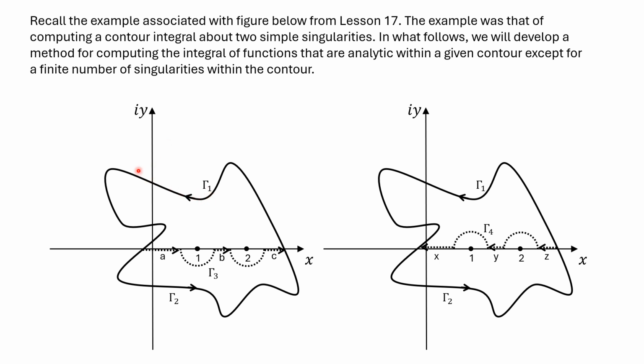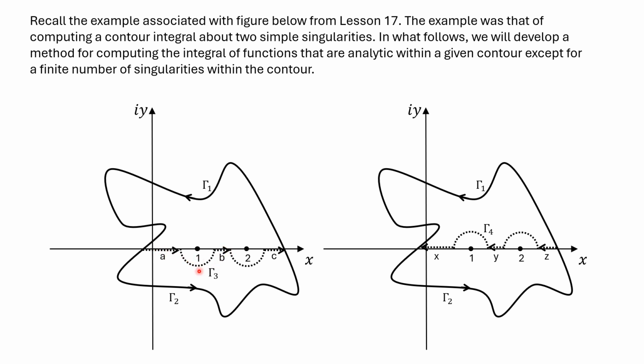We had a contour gamma going about two singularities for a given function, which was otherwise analytic within the contour. And we broke the contour up into one part above the x-axis and one part below the x-axis. And then we found alternate contours that had the same initial and terminal point. And the reason for that was it was easier to evaluate the integral over these